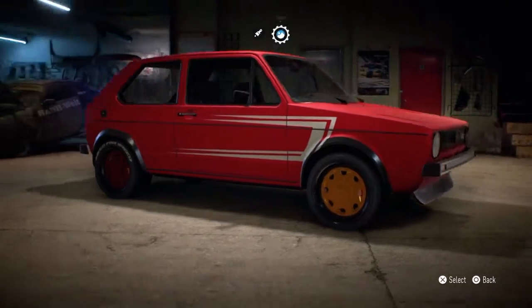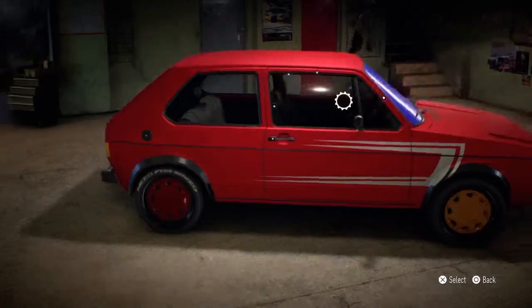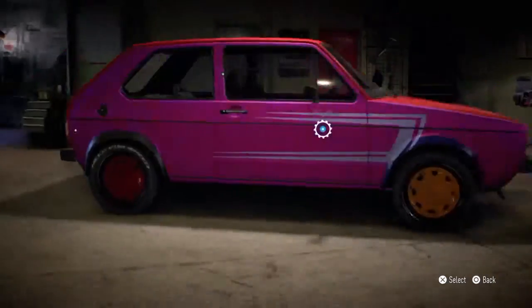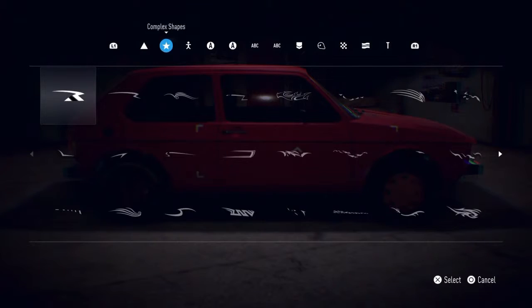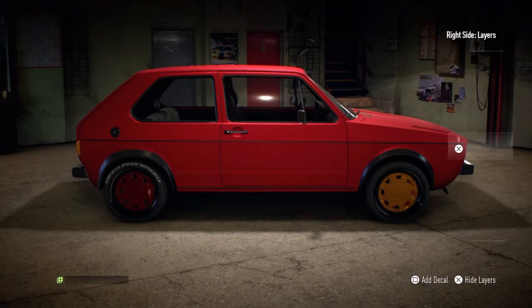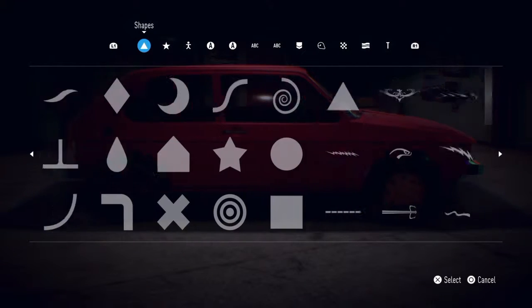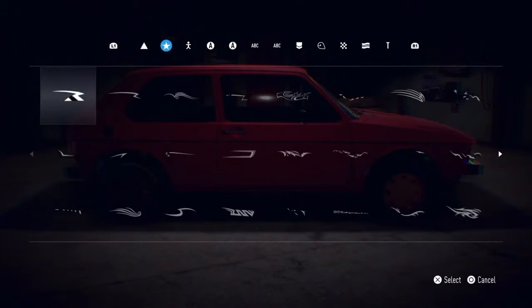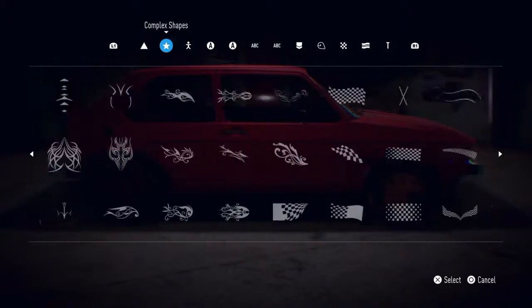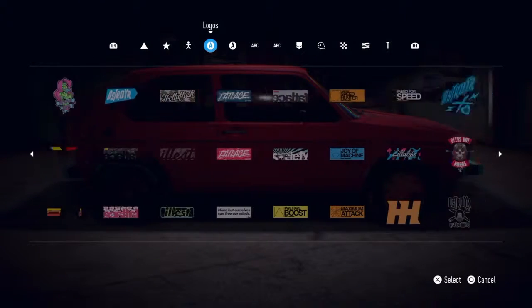When it comes to actual options of, I don't mean to put that on. Let's delete that. Wrong one. So when it comes to actual options of what you want to put, we got lots of stuff that you can put on, from simple stuff to complex stuff to loads of different characters, logos,